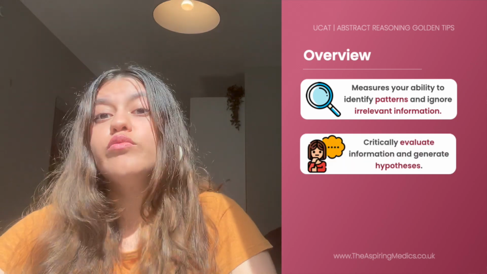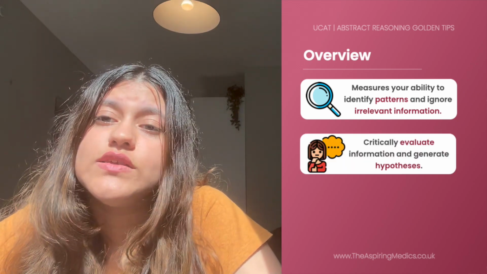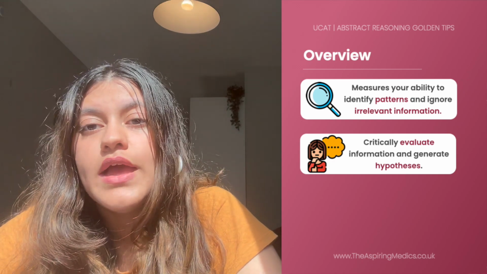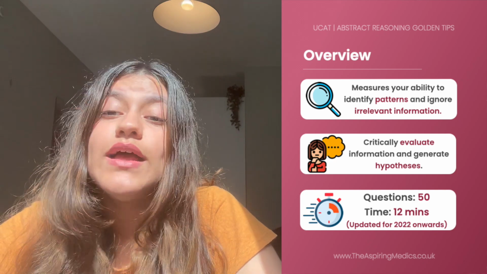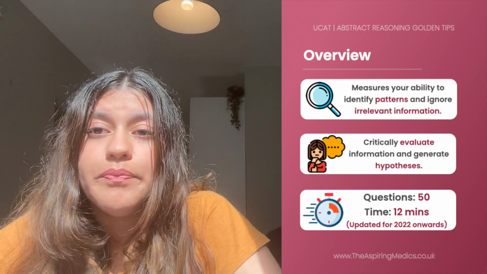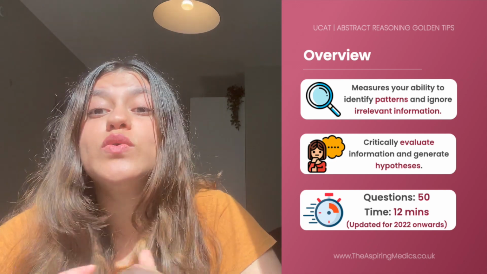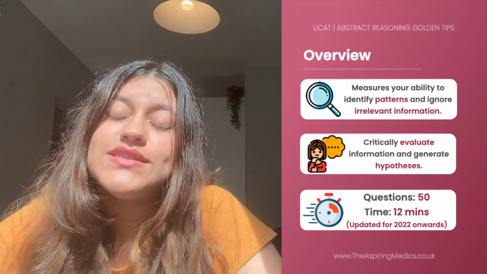Today, we're going to be talking about the abstract reasoning section of the UCAT exam. The abstract reasoning section requires you to identify patterns between sets of shapes and to ignore irrelevant or distracting information. So it assesses your ability to critically think and evaluate information presented to you in the form of shapes and to generate hypotheses on what's similar and different between them. In this section, you're presented with 50 questions and you have 12 minutes to complete the section. This is the fourth section of the UCAT exam. So in today's video, we're going to present you with 6 tips to help you ace the abstract reasoning section